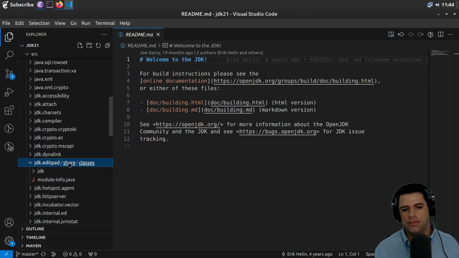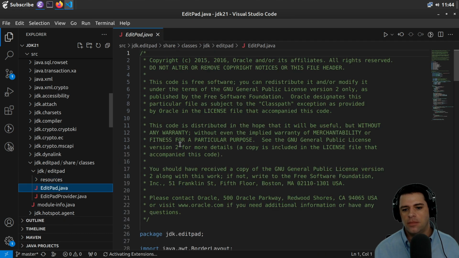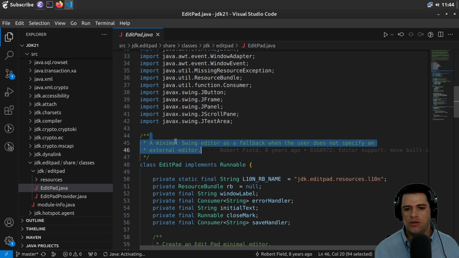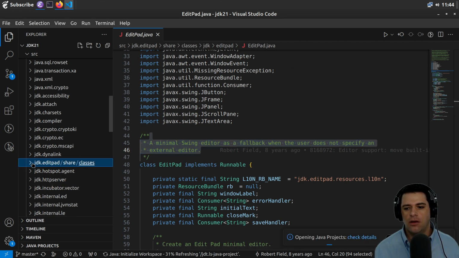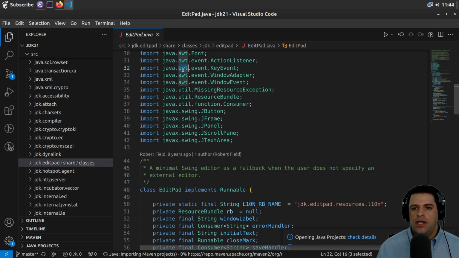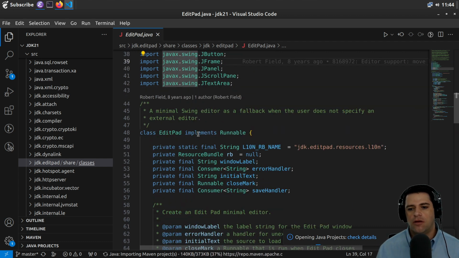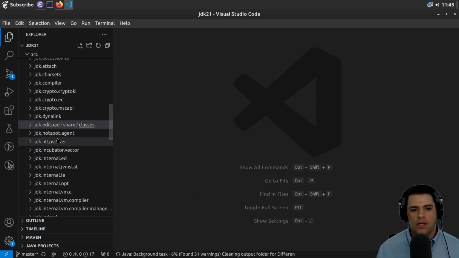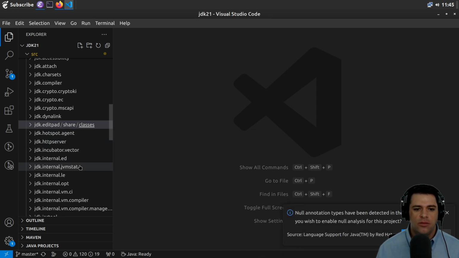In edit pad, I guess this is maybe support for a code editor type thing. A minimal Swing editor as a fallback when the user does not specify an external editor. Okay, so Swing is a Java UI kit, I guess, based maybe on AWT. And that's how this is some code editor, if you want to have an editing surface in your app. And then an HTTP server, some internal stuff, some JVM stats,